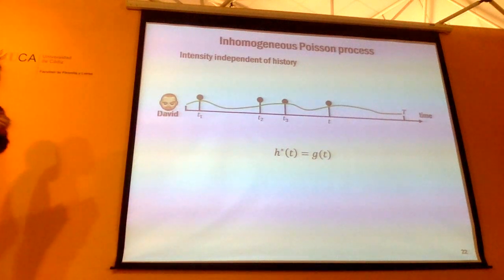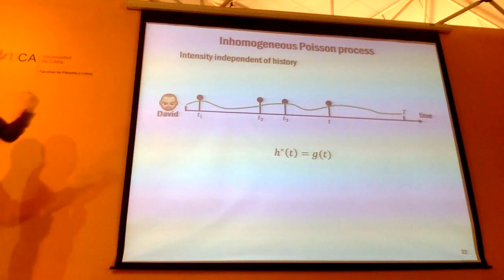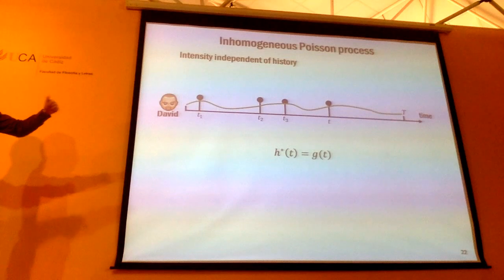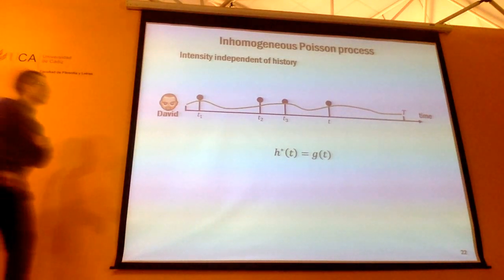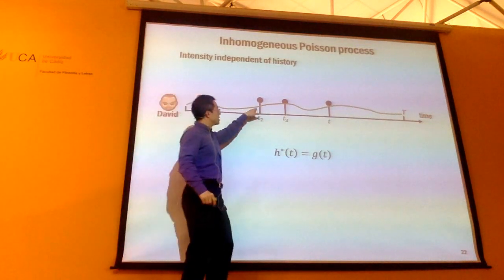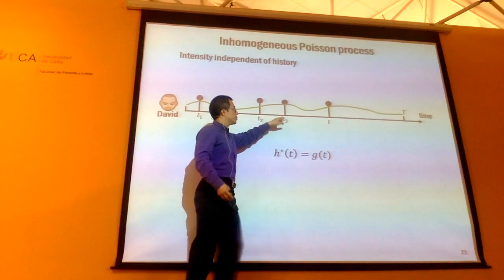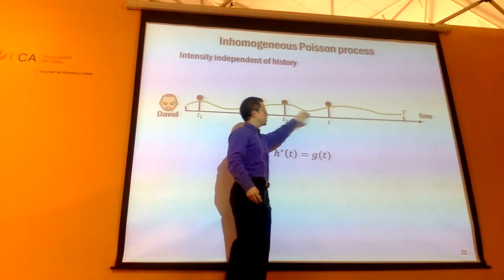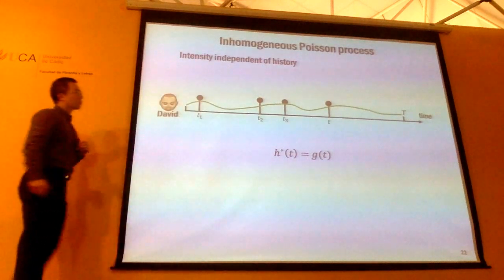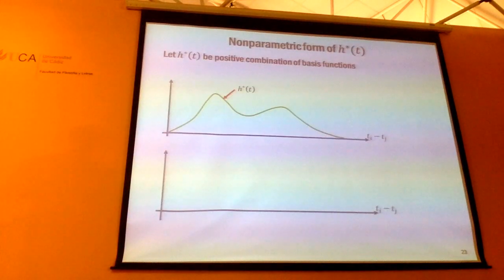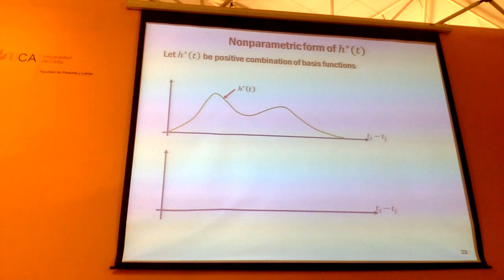Okay? So this is a generalization of the Poisson process. When you don't have uniformity across time, but you have fluctuation of events across time. For instance, when the intensity here is high, you might be more likely to see more events. When the intensity is low, you don't see events. Okay? So this is the inhomogeneous Poisson process. One way you can make this inhomogeneous Poisson process is you just design some kind of function across time.